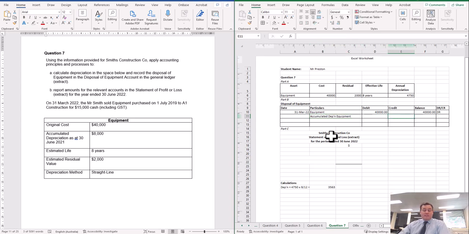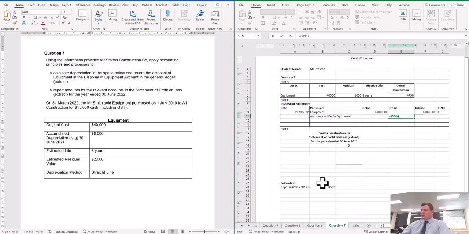That's a credit balance, isn't it? Because it's a contra asset. So we're going to be debiting the accumulated depreciation account, and we're crediting my disposal account. And the amount that we have here is the $8,000, which was given to me in the table as the opening balance,